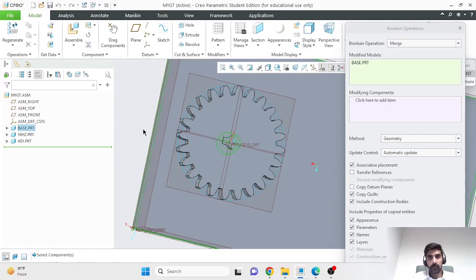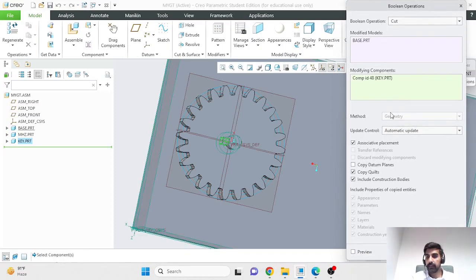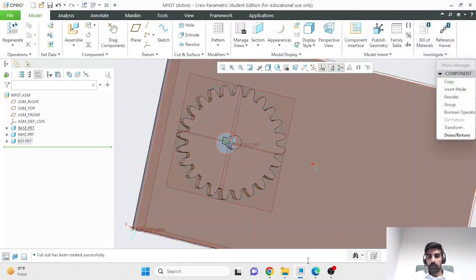That's the feature that I want to be modified, and the modifying component in this case would be the key. And the type of Boolean operation that I want is a cut, so a subtraction. I want that part between the two which are intersecting to be cut. When I select cut and click OK,